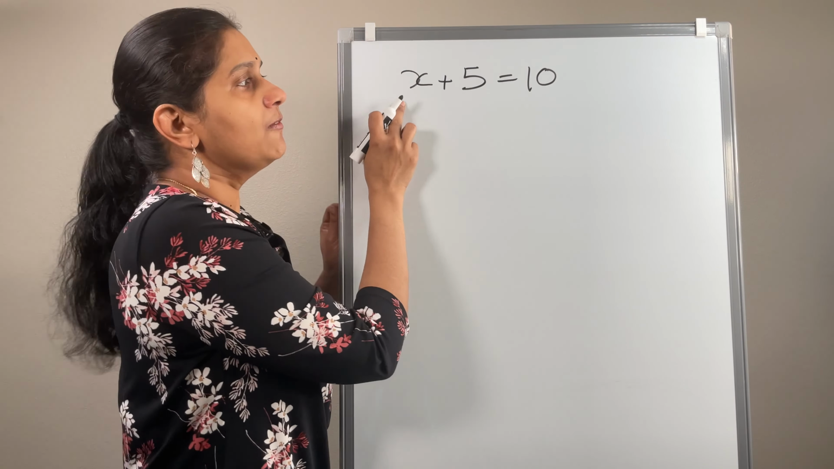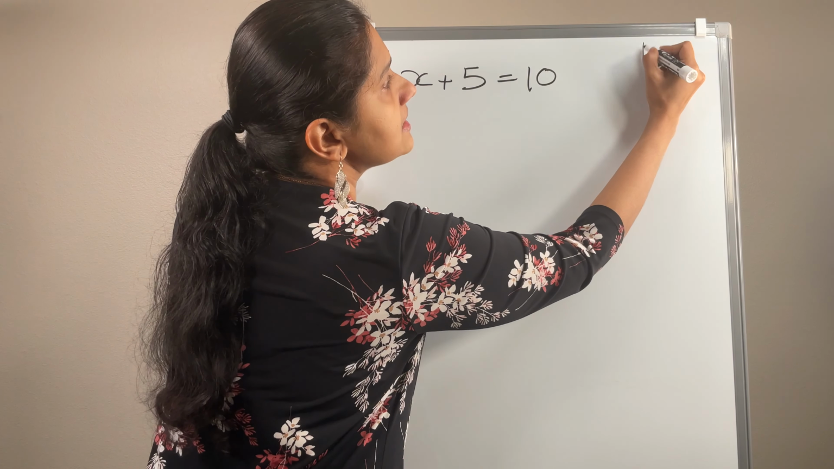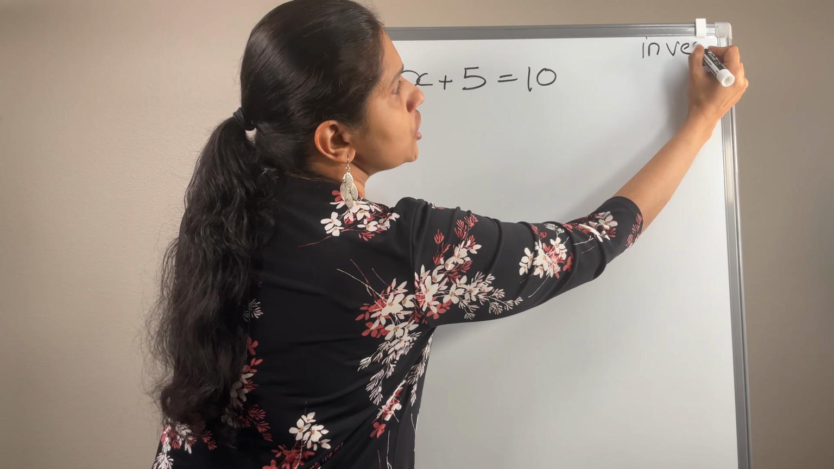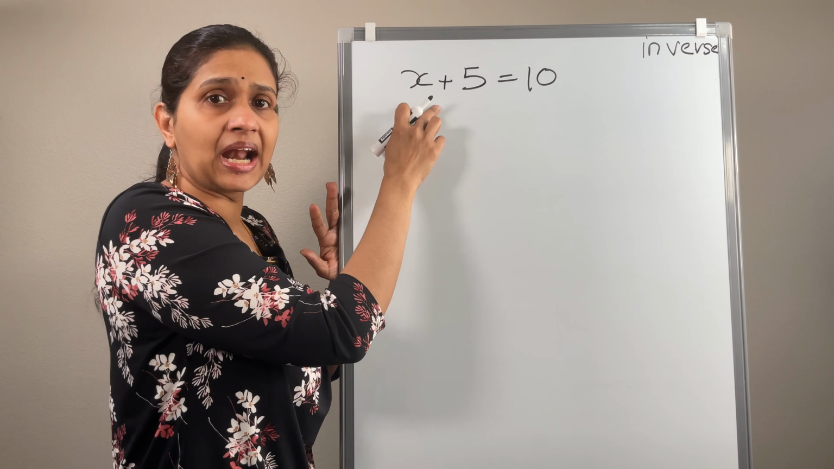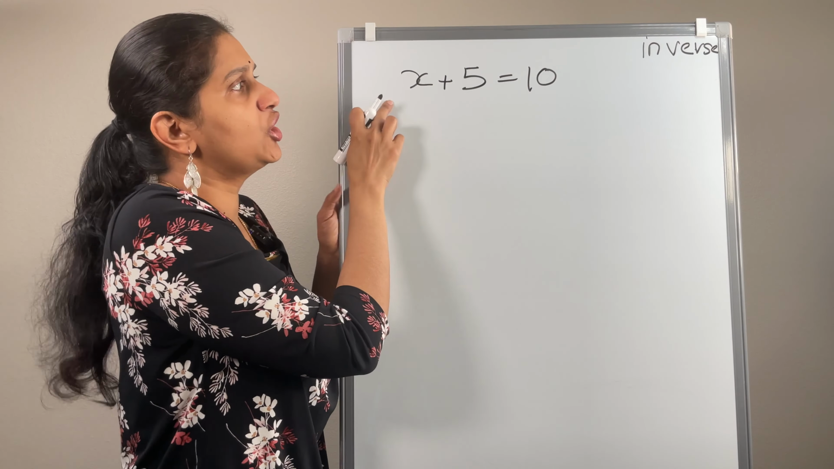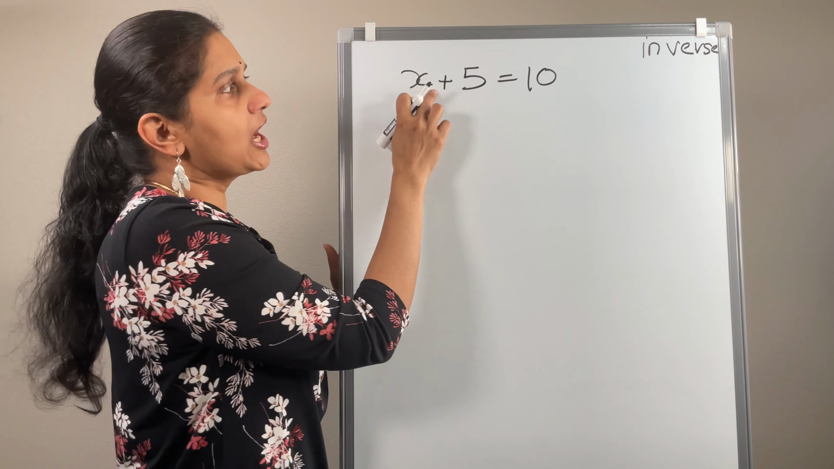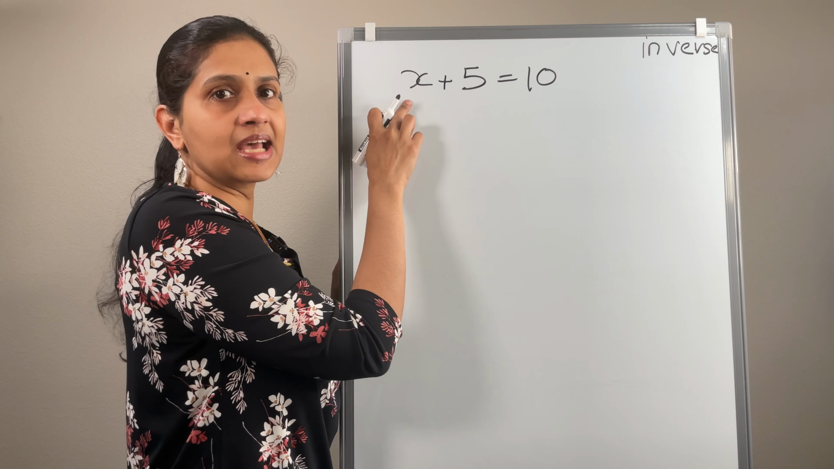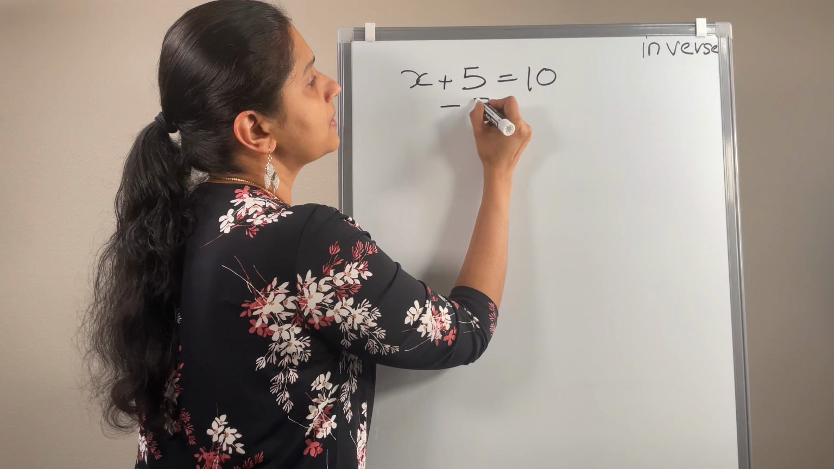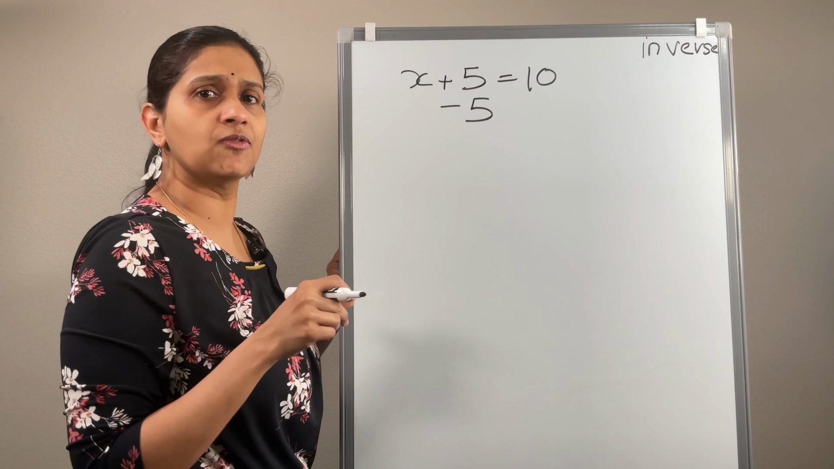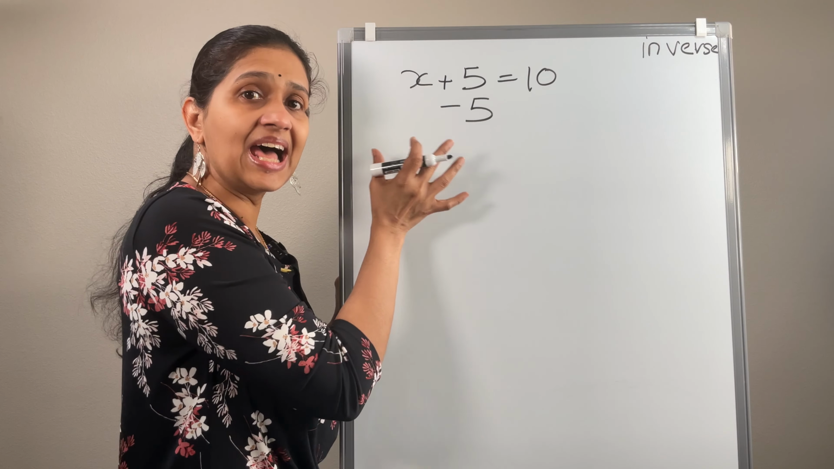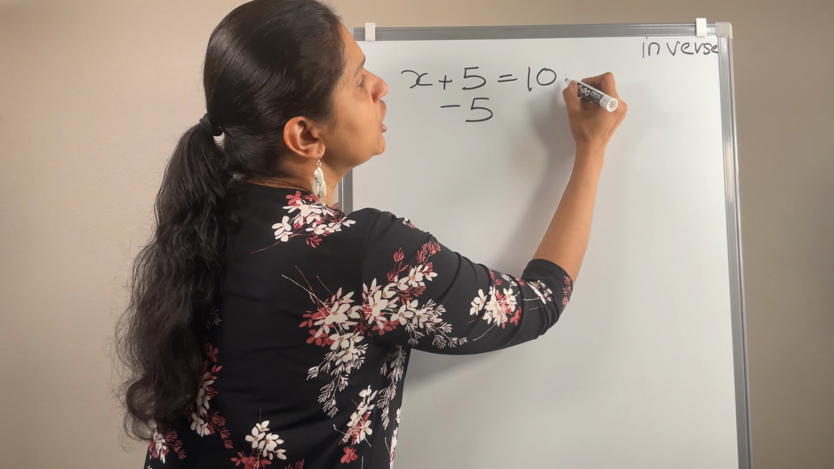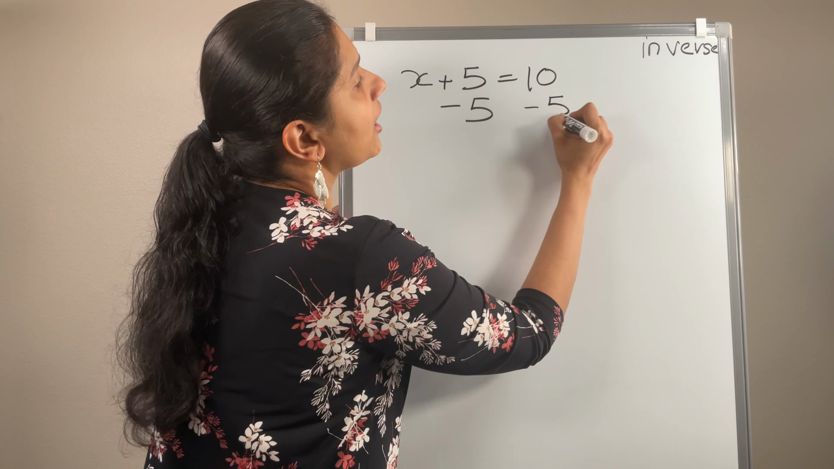To do that, we have to do something called the inverse operation. Inverse operation means you have to subtract 5 from this to get rid of this positive 5. If you have a positive 5 near the variable x, you just subtract 5 from it. That is called the inverse operation. But when you subtract 5 from this side, to balance the equation you need to subtract 5 from the other